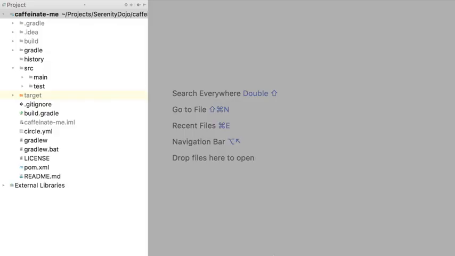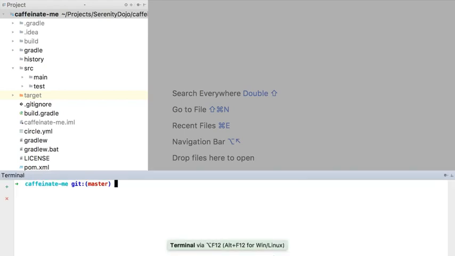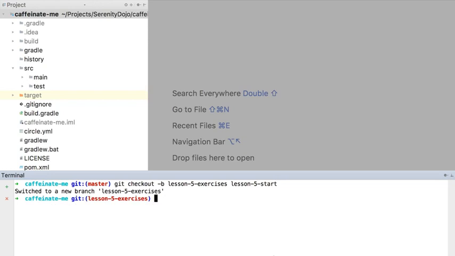Here we are back in the Caffeinate Me project. If you want to follow along at home, check out the Lesson 5 Start tag in the Git repository in the new branch. You can do this by opening the command line console or going onto the command line on your machine and typing something like git checkout -b lesson-5-exercises lesson-5-start. This will create a new branch called lesson-5-exercises with the starting point for the code we'll be using